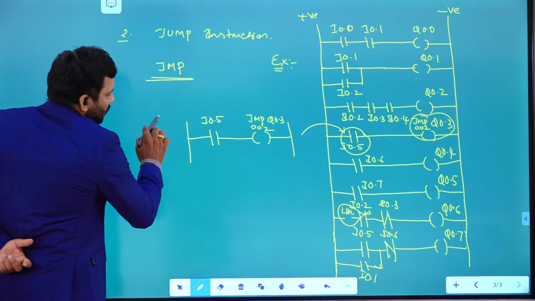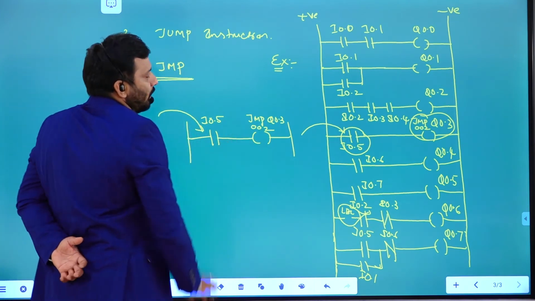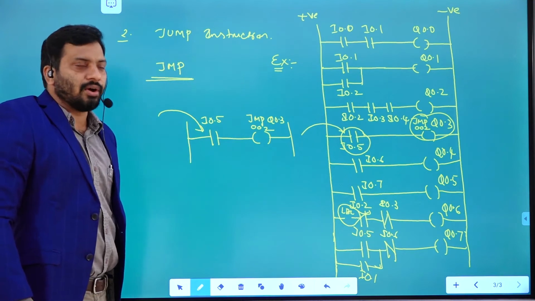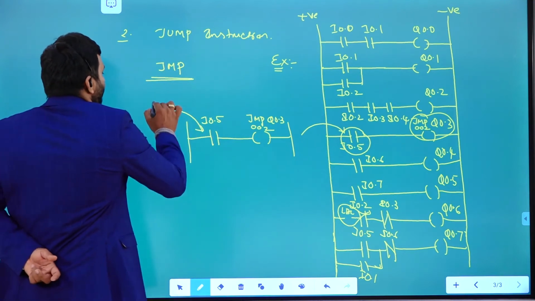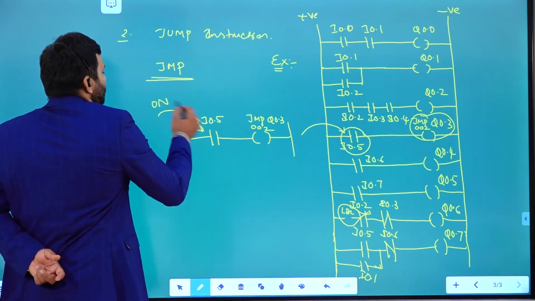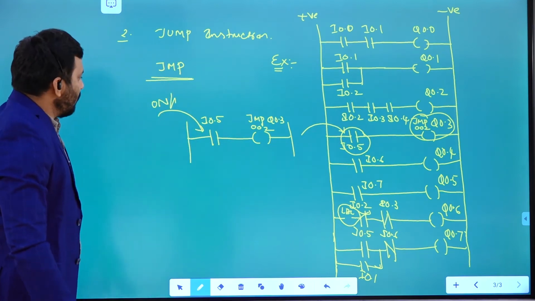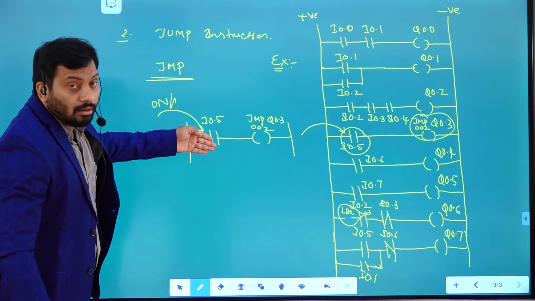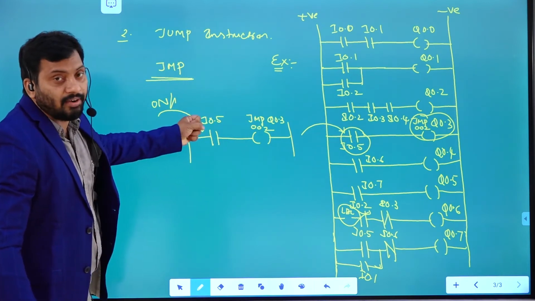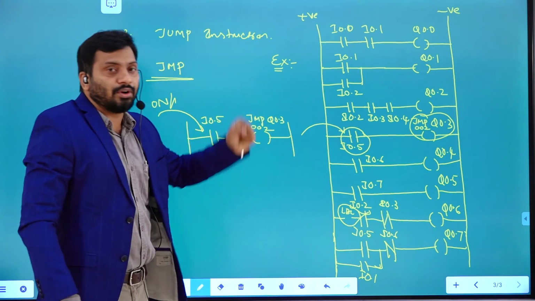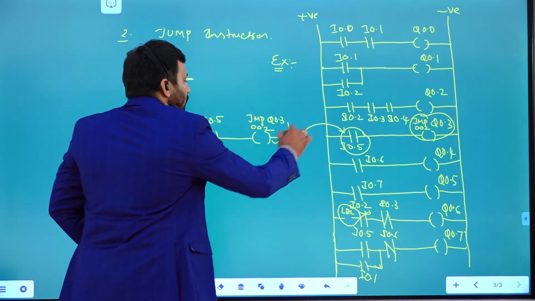Based on this particular input, this output is going to be active high or active low. That means if it is on, if it is 1, the normally open contact is going to be activated. Due to that, the output is going to be activated.